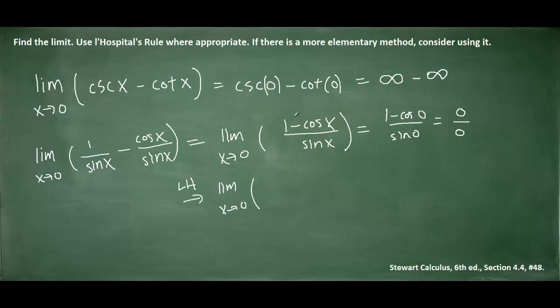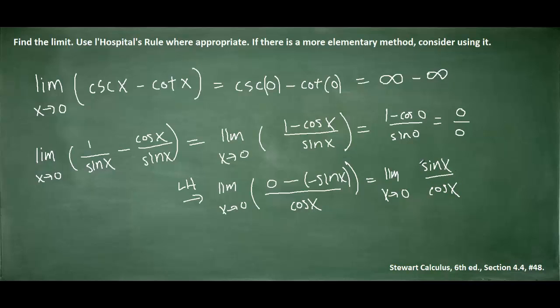We're going to take the derivative of the numerator. We have a constant minus cosine of x. Now, the derivative of cosine of x is negative sine of x. And then we're also going to take the derivative of the denominator. And the derivative of sine of x is cosine of x. So if we clean this up, we have the limit as x approaches 0 of sine of x divided by